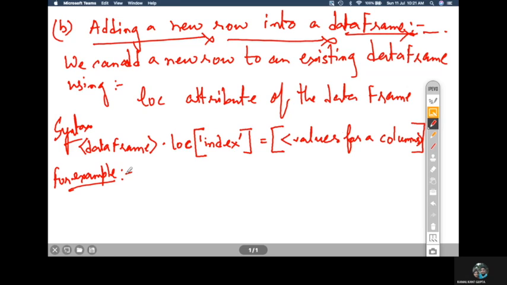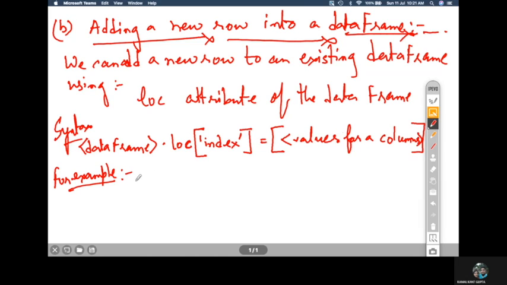The exam name will become the new index, UT3, and then values for each of the columns have to be supplied for that particular row. So you have to supply the marks obtained in UT3 by all the students for whom the data is already available in the data frame. That means the marks for the first student, the second, the third and the fourth. So what is the example?